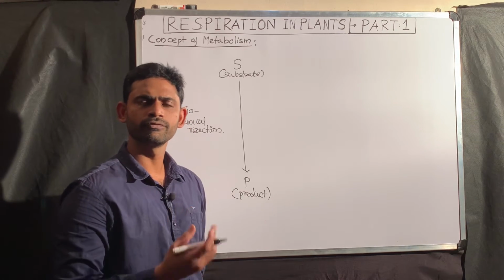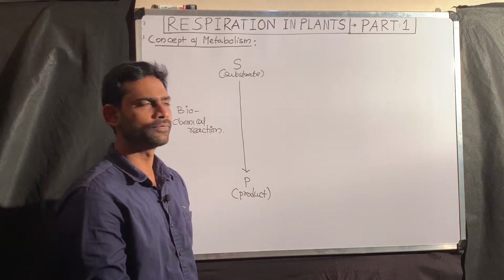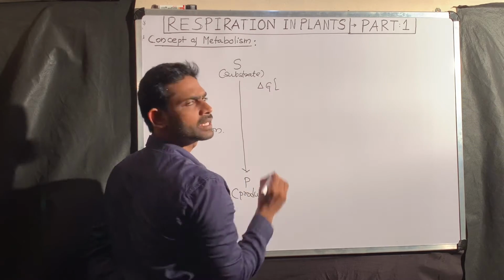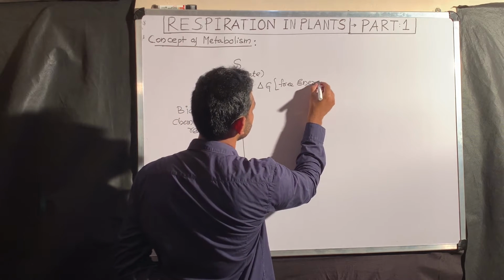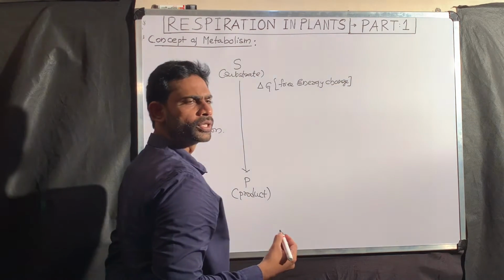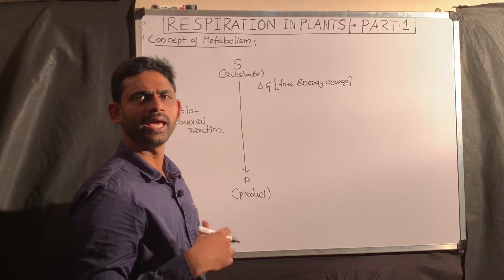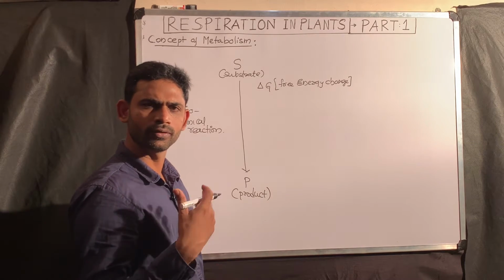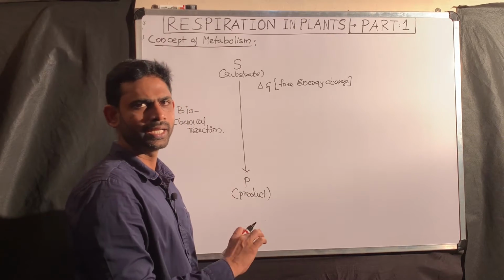Any reaction, whether it is a normal chemical reaction or a biochemical reaction, as we know, every reaction is influenced by different factors. Yes or no? One very important factor is delta G. What does delta G stand for? That is free energy change. Because as we know, without energy, work cannot proceed. In the same way, without energy, a reaction cannot proceed. That is why one of the very important factors that influence every biochemical or chemical reaction is the free energy. Delta indicates the change.